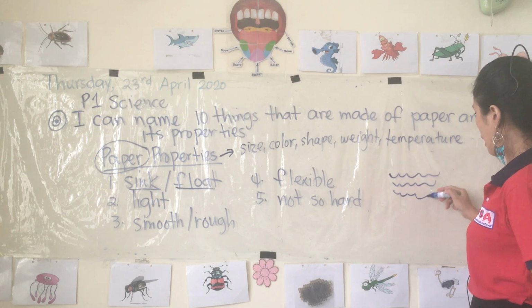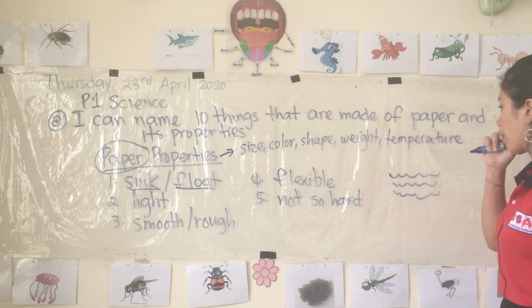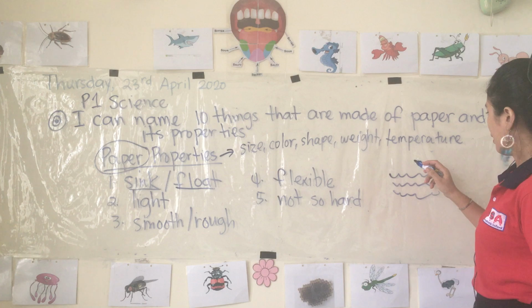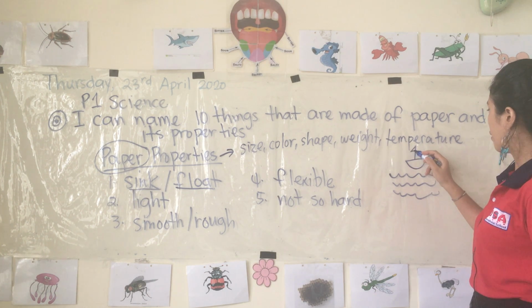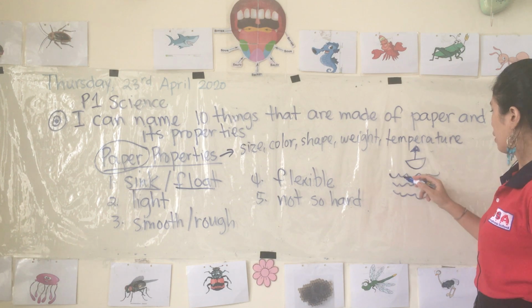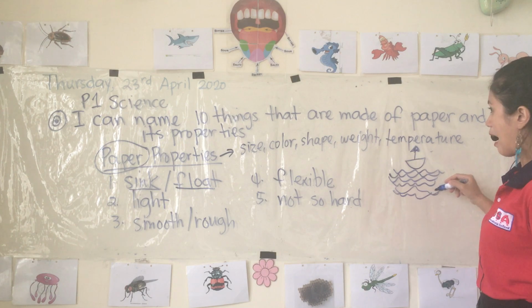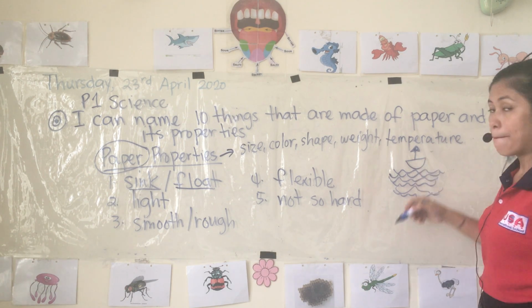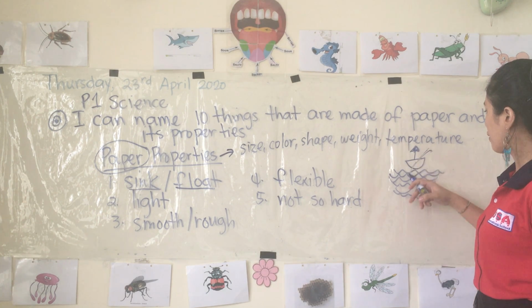a water, and you are making, try it at home, a paper boat. How to draw a boat? Like this, and there is a flag. This is a sailboat. So if you are making a sailboat and put it in the water, at first it floats. It floats. But then once it gets wet,